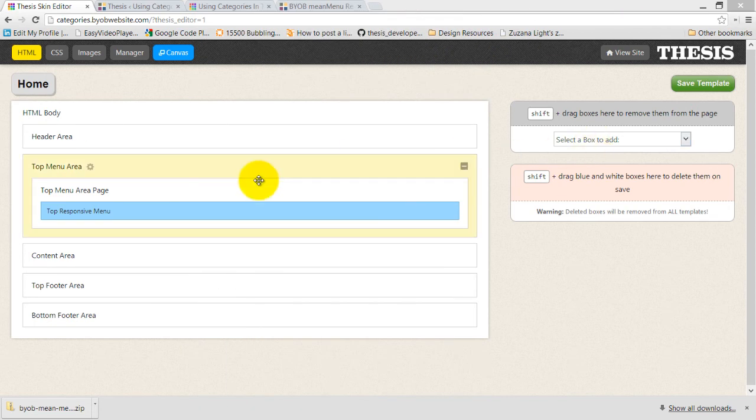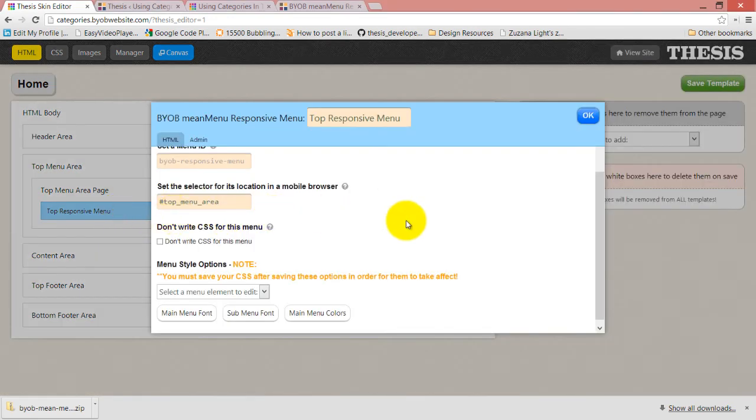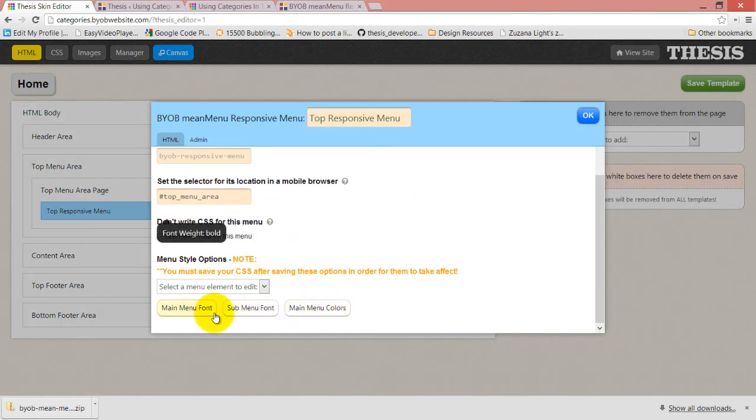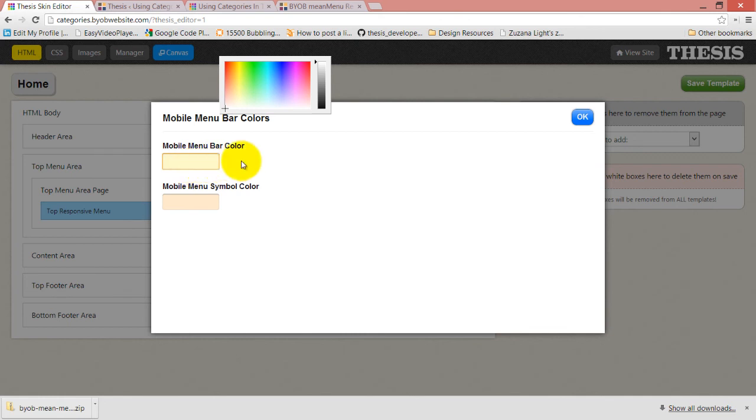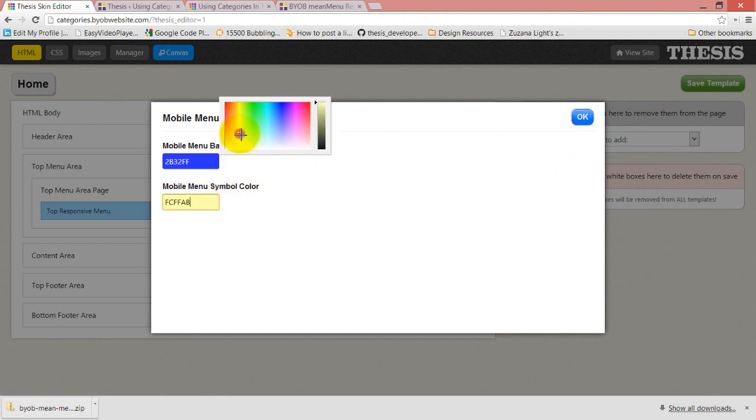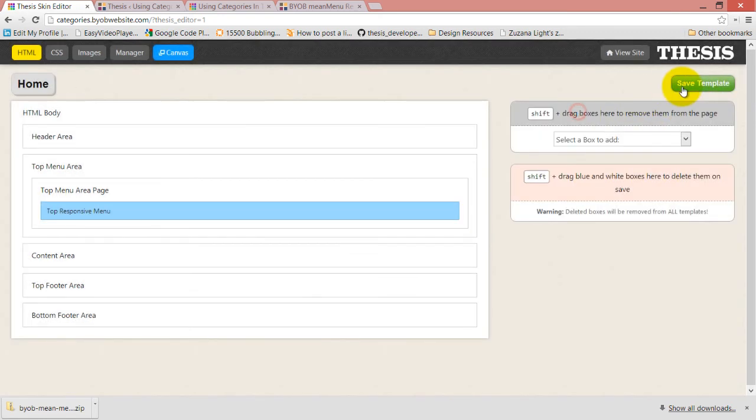Now there are a number of other things that you can set with this. All right, so we've set some menu styles. You can actually change up main menu item dimensions and sub menu item dimensions, and you can change sub menu colors. You can also change the menu bar colors. So for example, if you don't want it to be that black, you could change the menu bar color, and if you want that symbol not to be white, you could change those colors and save the template,